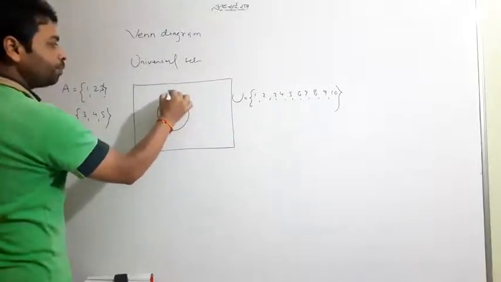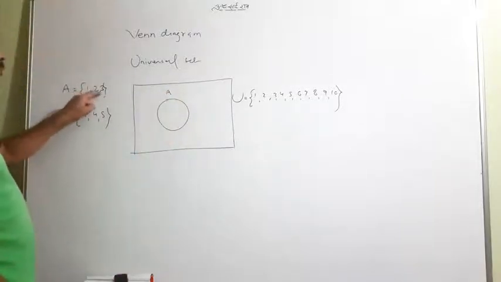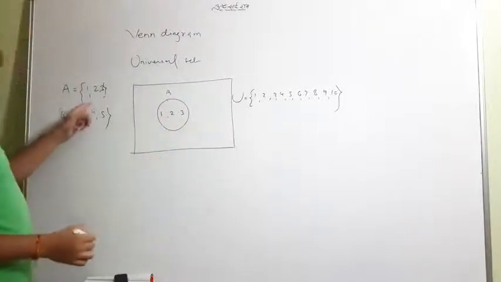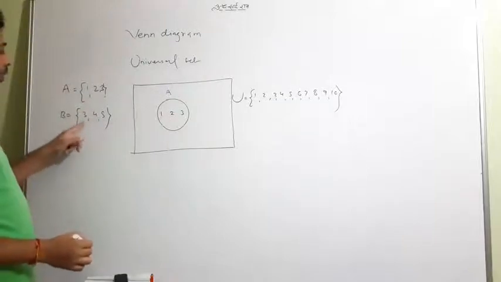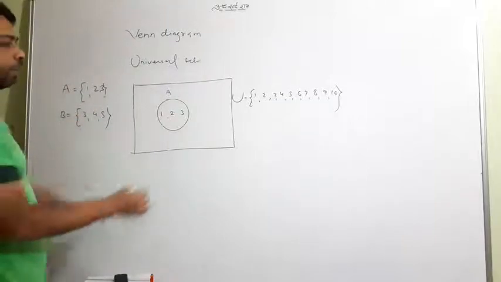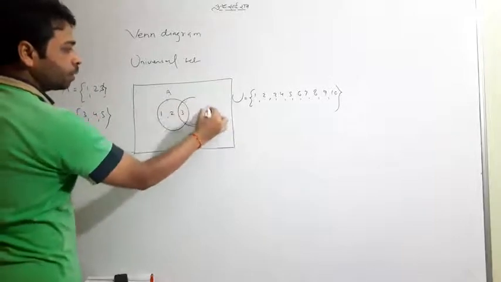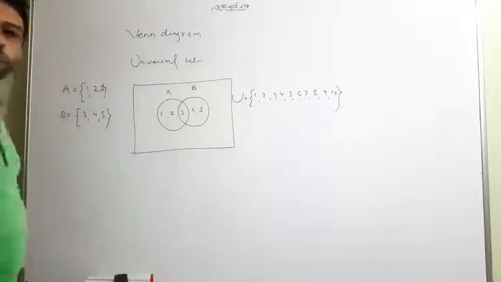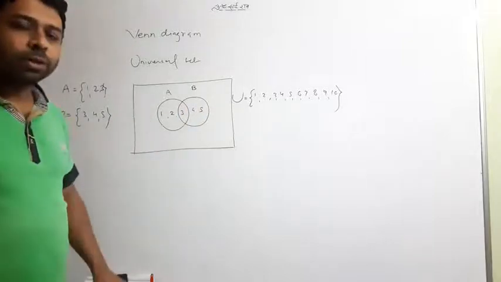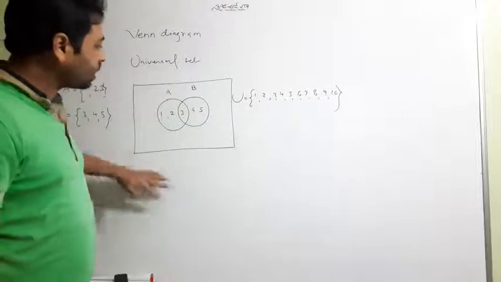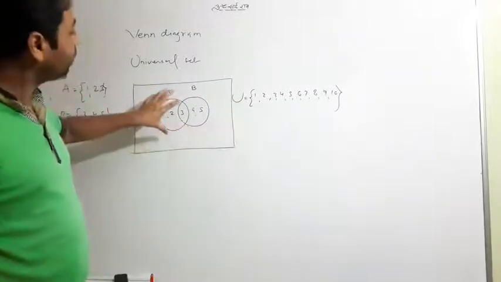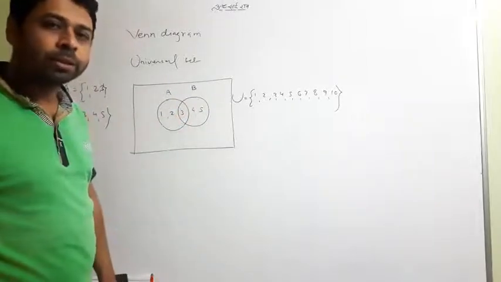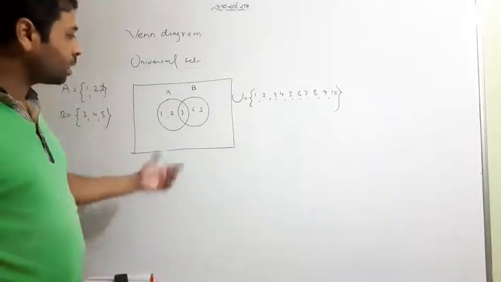This is A, which contains 1, 2, 3. Look at 1, 2, 3. It is in A. And 3, 4, 5, where 3 is common, is in B. So I would write it like that, where 3 is in B, with 3, 4 and 5. I hope this picture shows clearly that the big set is the universal set, the small one is A, and the small one is B, where 3 is common. So it is a very simple concept.